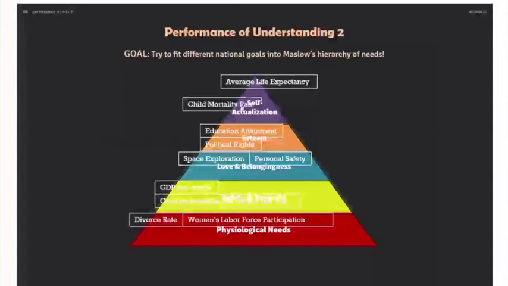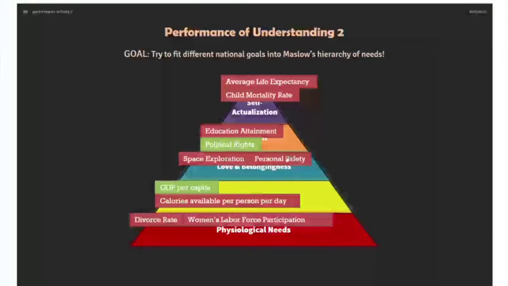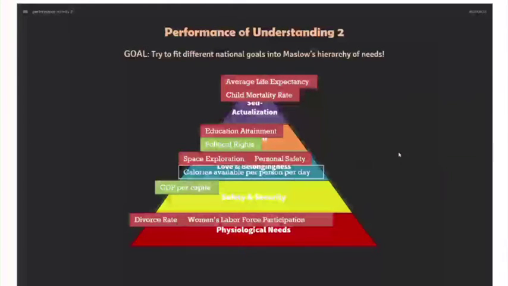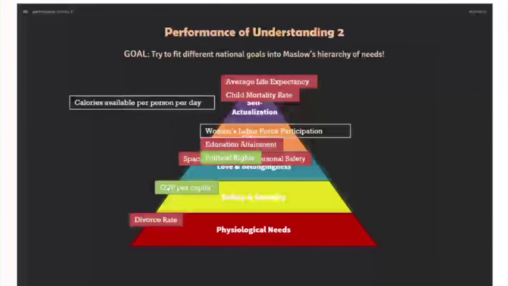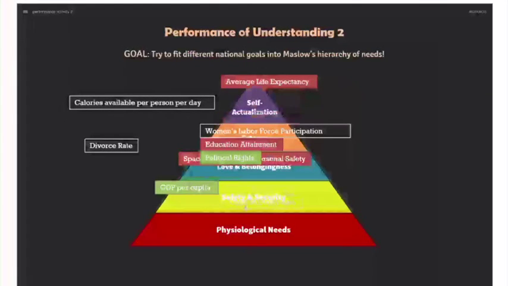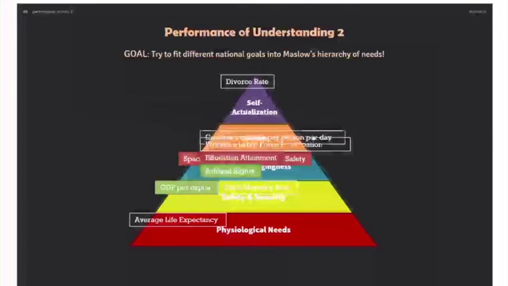And after they're done, they actually click here and do a submit, and you get a feedback of which part you get right and which part you get wrong. Obviously, for the right part, the options turn green, and the other part, the options turn red. And you can simply just drag them back and place them into a different category or a different level and resubmit, so you can see if you get it right this time.